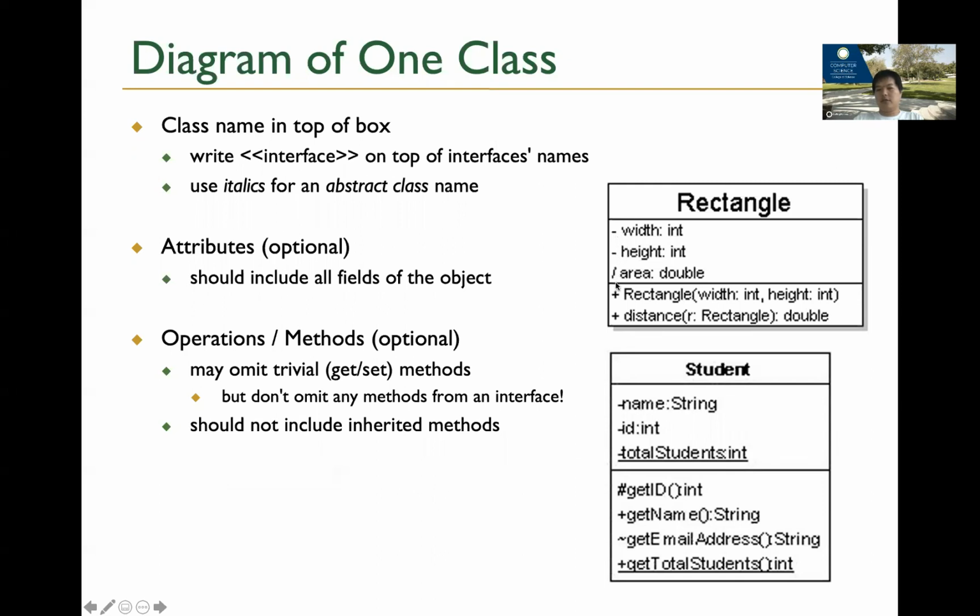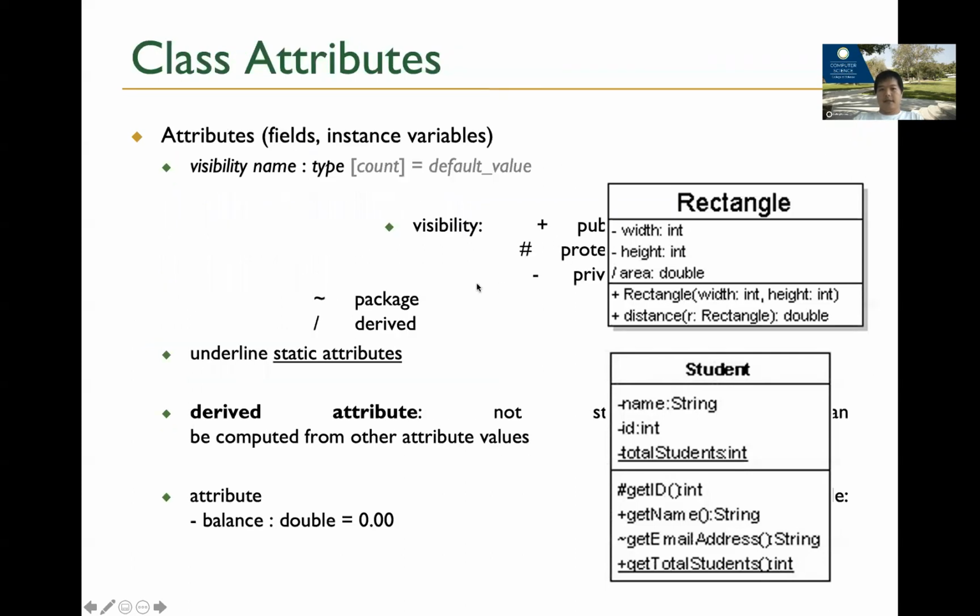visibility controls for private or public. I think this means private. The plus means public, or some other things; you can look at the specification. So class name, attributes, and methods. These are very detailed, as I mentioned. Plus means public, the pound means protected, and minus means private. This one means package level. This one means derived, which is probably for C++.